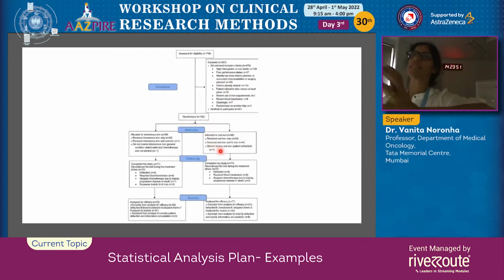What we didn't realize when we had planned it was that by 6 weeks, there will be all sorts of things that will happen. Patients will progress, so they are not on chemotherapy anymore. Patients will take blood transfusion. If they get a blood transfusion, clearly you cannot go by what the hemoglobin is, so they got excluded. Patients will withdraw from the study. Patients will go home. Patients will die. So eventually,